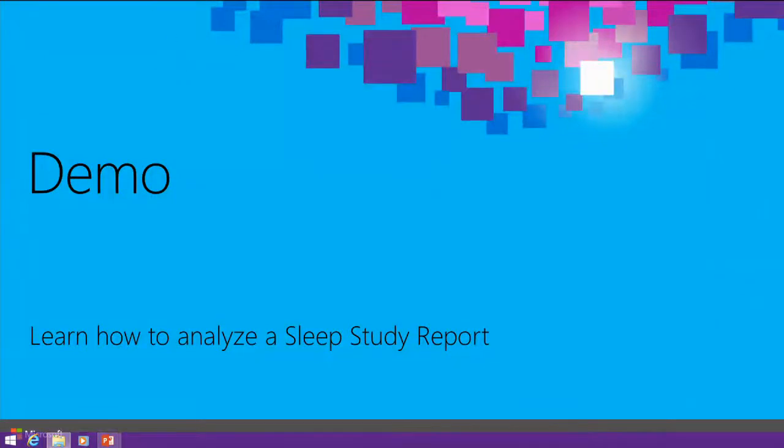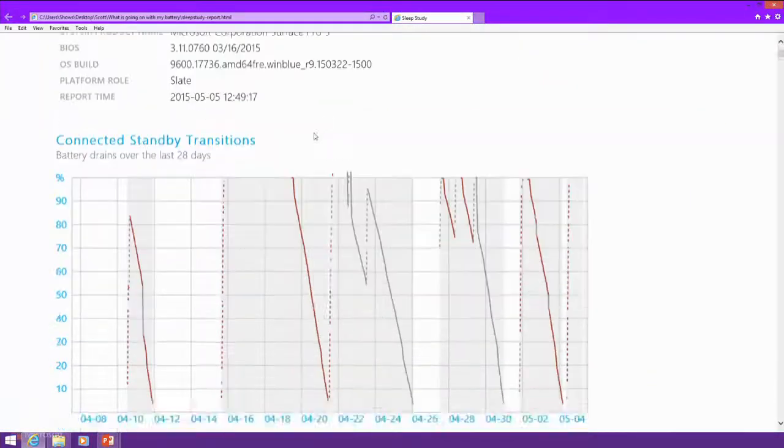So the last one I want to look at is a sleep study report. To look at that one, I'm going to give you an example of how I used this output to help an internal Microsoft employee. He came to me and said, "Hey, I'm really not getting good battery life. Just not real happy with it." I had a couple of ideas of what may be affecting it. I said, "Well, go ahead and send me a sleep study report." So when I opened up his sleep study report,